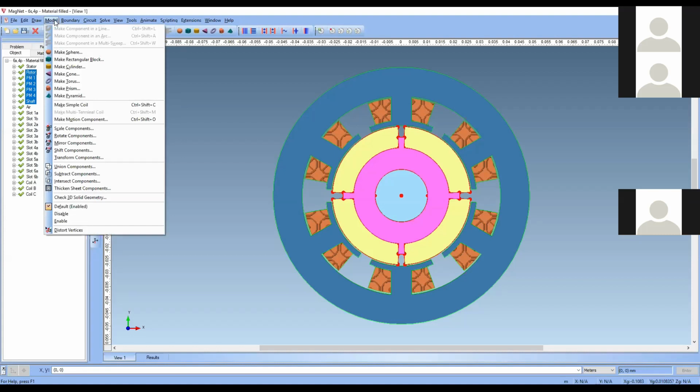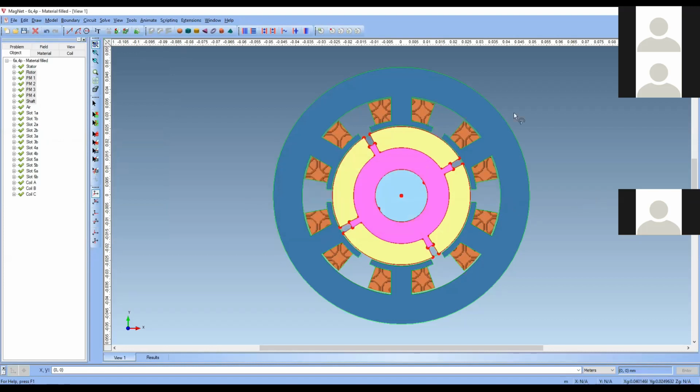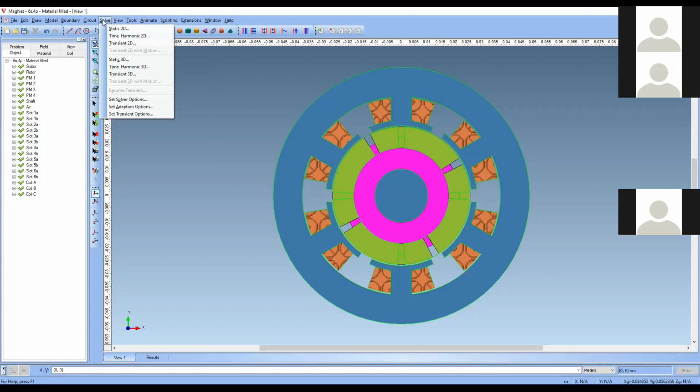In this rotate components option, you go here and you rotate by some degrees. For example, if you make it 30 degrees, now you can see your rotor has shifted from this position to this position. At this position, you want to solve static 2D and take the result.